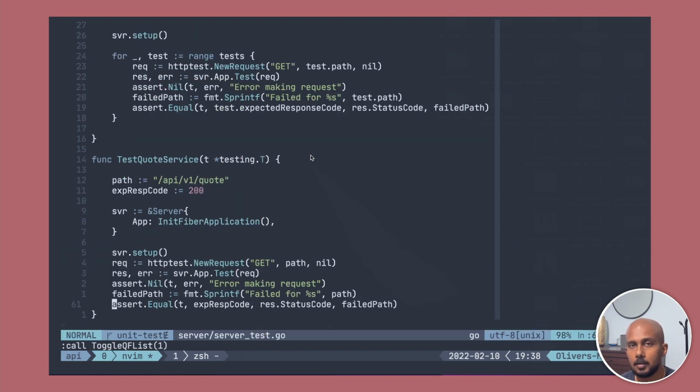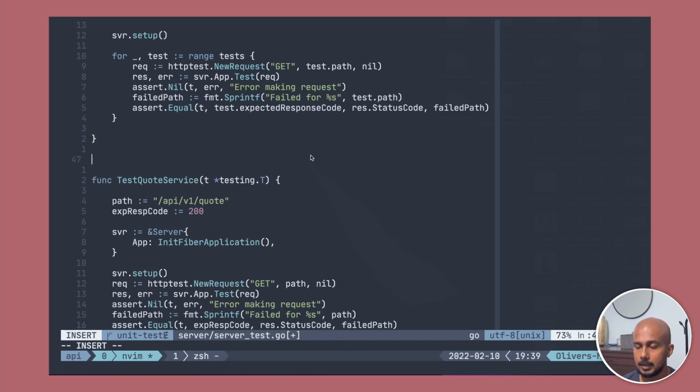So I'm getting a 500 instead of a 200, which is good because earlier I was getting a 404 not found. So let me go and fix it and see what exactly is the issue. Something has not been configured correctly. So I need to give it a quote. Now the great thing about this is I can mock it, right? So I can say